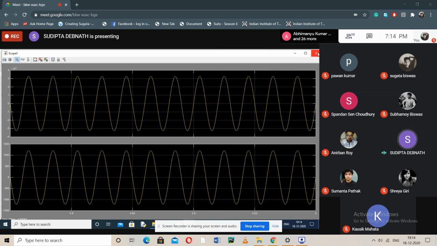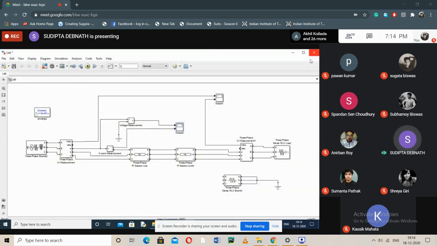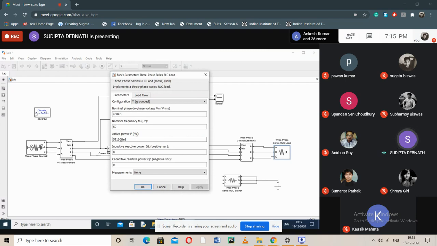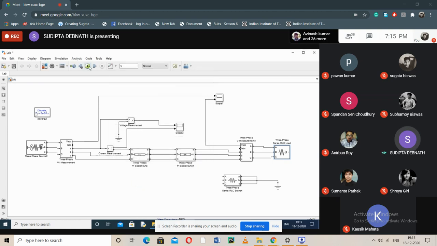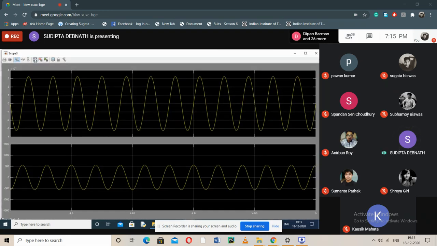But now I will show you what the power factor is under a lightly loaded condition. A lightly loaded condition means the capacitive effect is very large. So let us again simulate the lightly loaded condition. We have considered 0.001 for the fifth reading. There we will find out the phase angle between the voltage and the current.